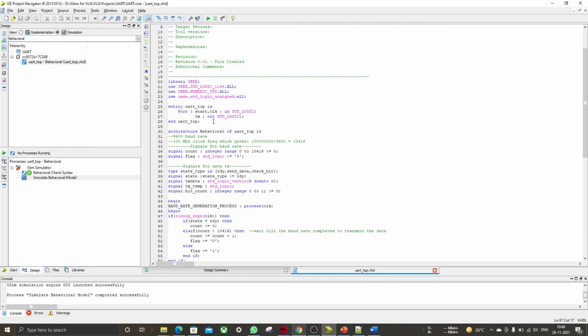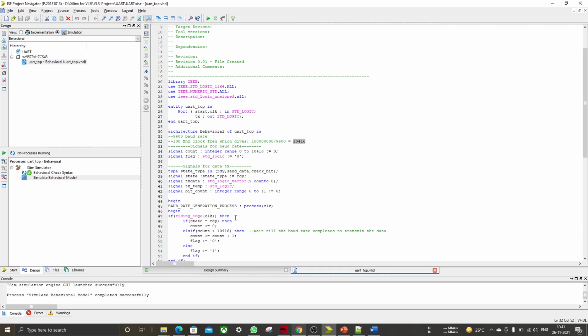We'll be using a 100 megahertz clock frequency. If you divide 100 million by 9600, you get 10,416, and that's how this works. You would have two signals for your baud rate, and four signals for your data transmission, and three states: ready, send data, and check bit.